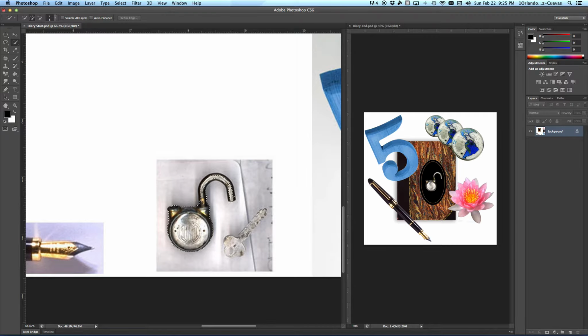Now the key with Quick Select is to make sure that your brush isn't too big, because whatever the brush touches, it's going to affect. It's also very good at correcting itself if you're doing subtractions. So you can see here, I've got a very good selection done very quickly. I'm going to deselect it for a moment and share with you that